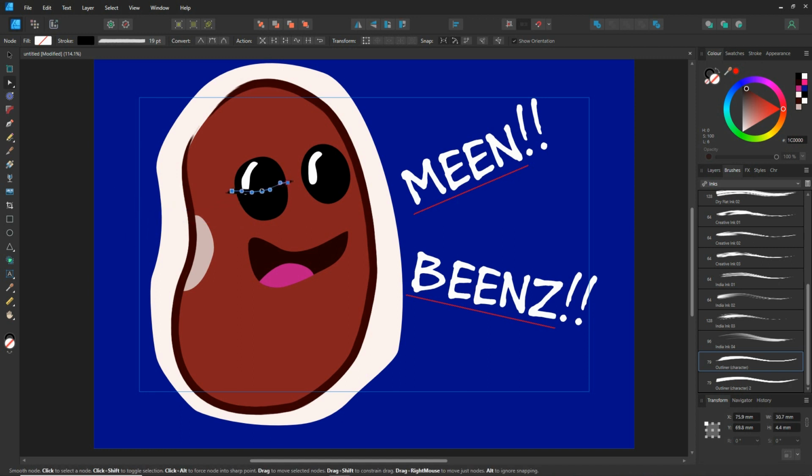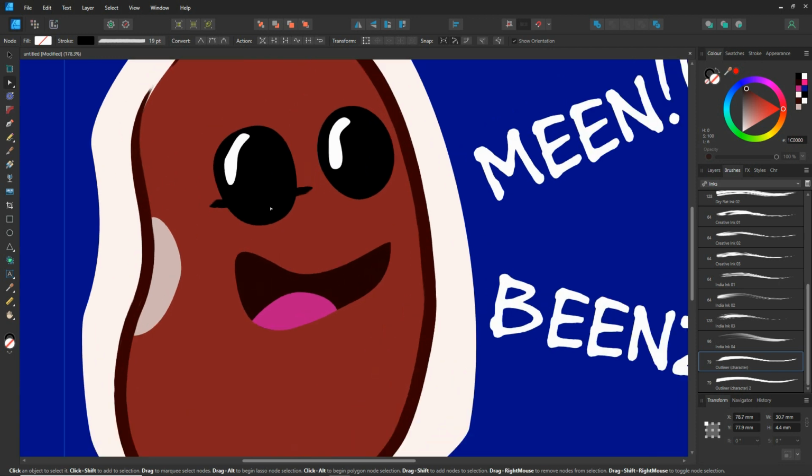We can just grab and move this into place. Shape it so that it's the same width as what would be the closed eye. So again, manipulating our nodes. And once we've got that,